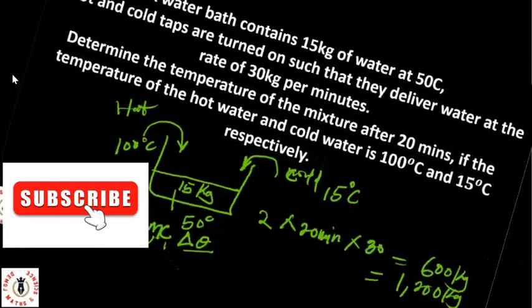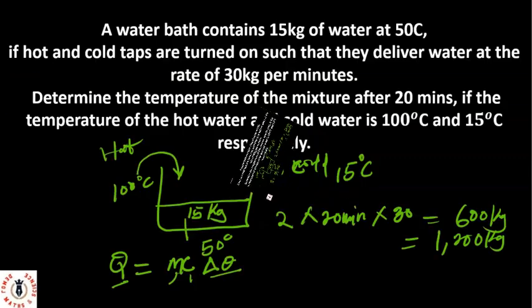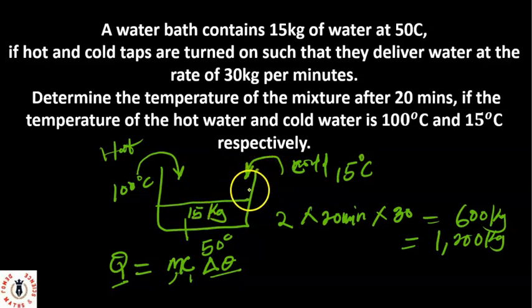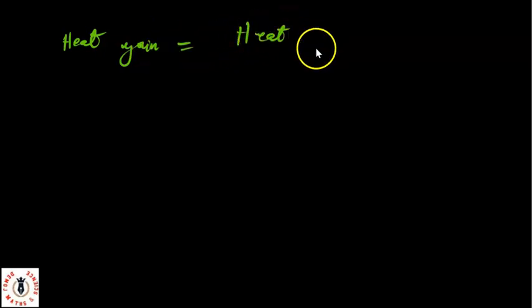Now from our diagram, the quantity of heat gained by both the water in the jar and the cold water will be equal to the quantity of heat lost by the hot water. So we'll be saying that heat gain is equals to heat loss. So that the heat loss is the heat from the hot water. The hot water is going to run at 30 kg per minute for 20 minutes. That's 30 times 20